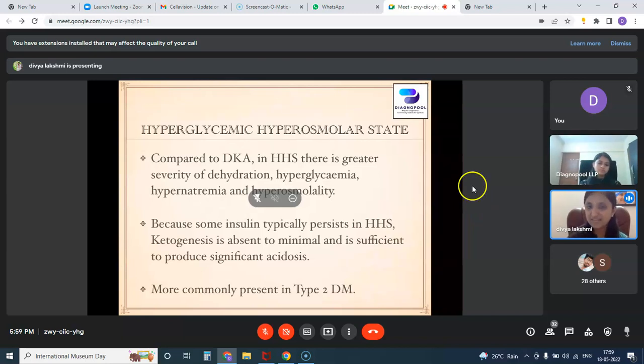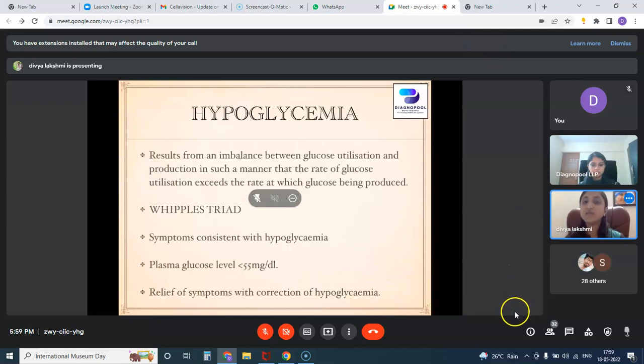What happens here is there will be high blood sugar. Ketone bodies may not be present, but they will be having high blood sugar and acidotic breathing. So this is another complication of diabetes. The third complication of diabetes is